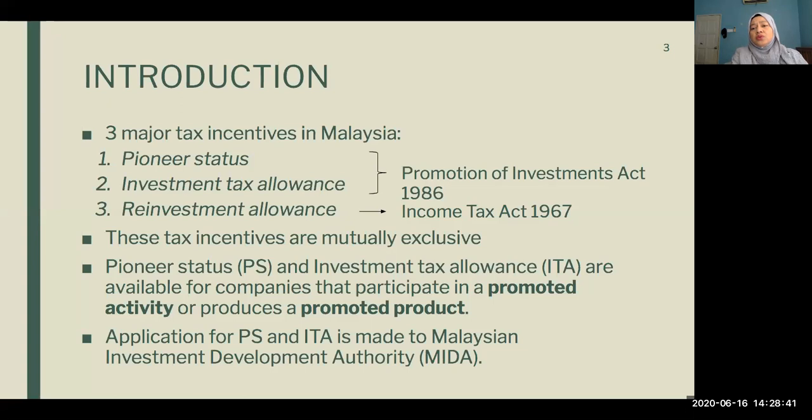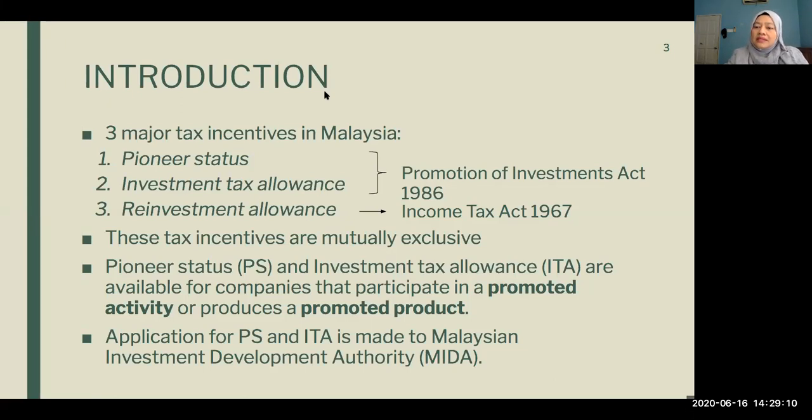Reinvestment allowance, later we will see, is a second round investment. So once you have finished your pioneer or ITA, then you want to apply for reinvestment allowance. So it's a second round incentive. So the period is longer, which is 15 years. And then we have pioneer and ITA, which are available for companies that participate in promoted activity or produce promoted